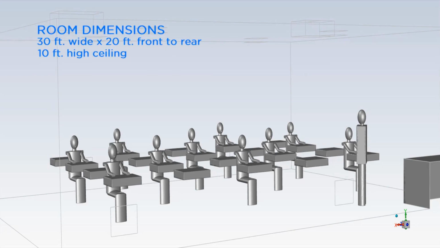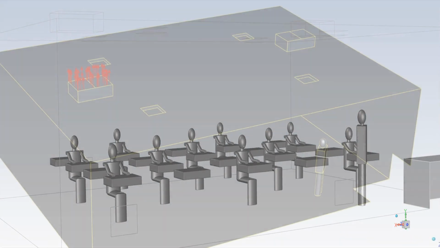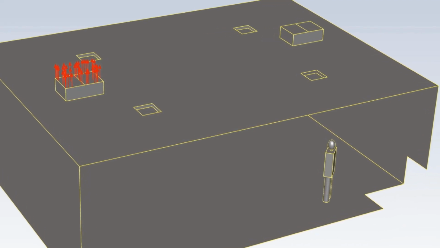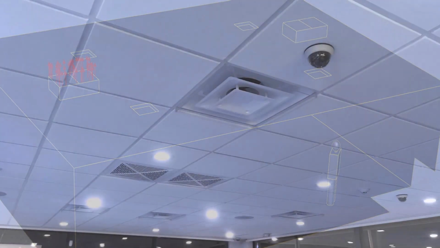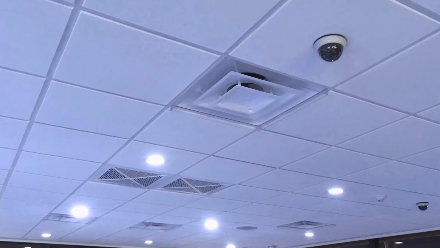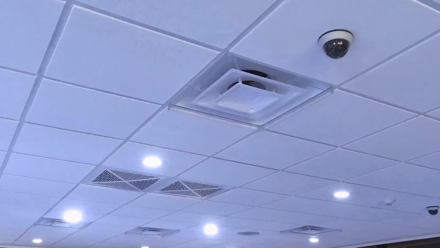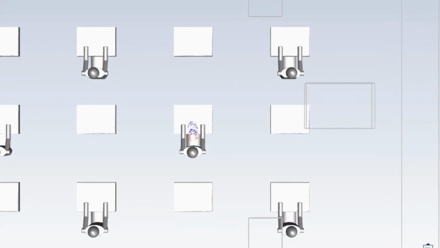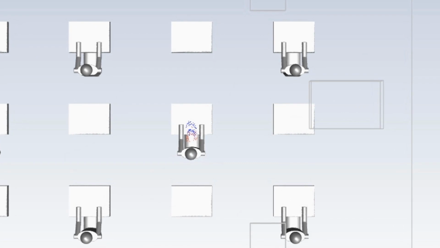The room dimensions are 30 feet wide by 20 feet front to rear, with a 10-foot high ceiling. Air is let into the room through 4 uniformly spaced diffusers in the ceiling, the small squares. Air is exhausted through one rectangular grill also mounted in the ceiling, similar to that seen in this photo. Although set up like a classroom, it can be imagined as a conference room, business office, restaurant, or other commercial